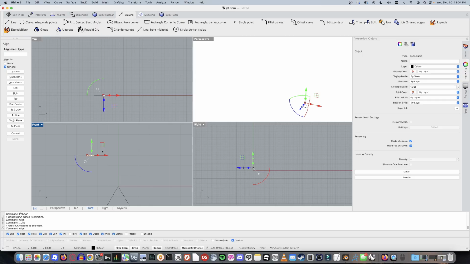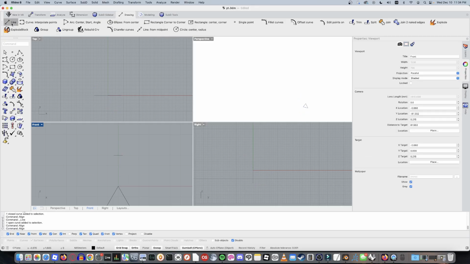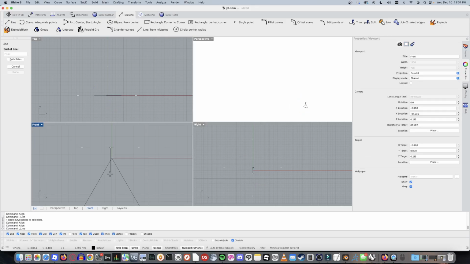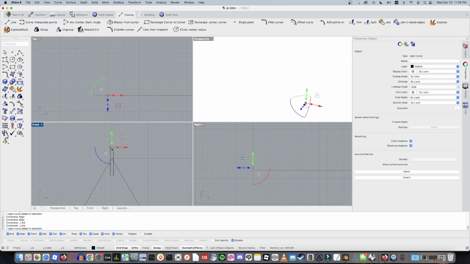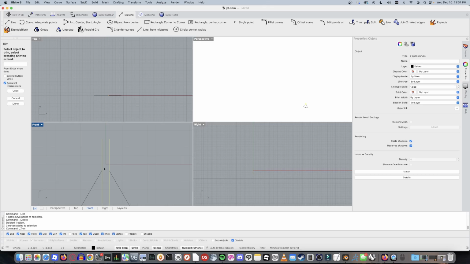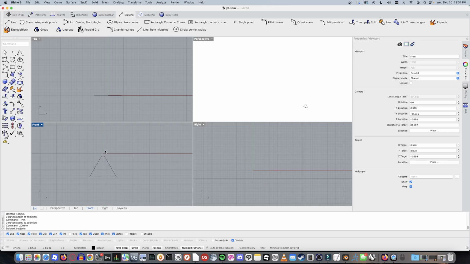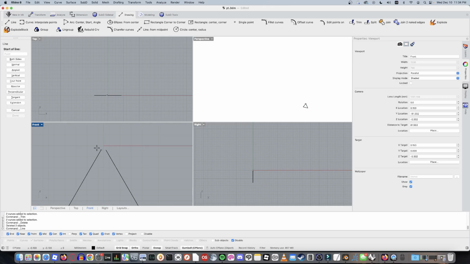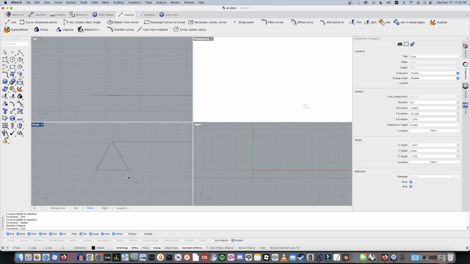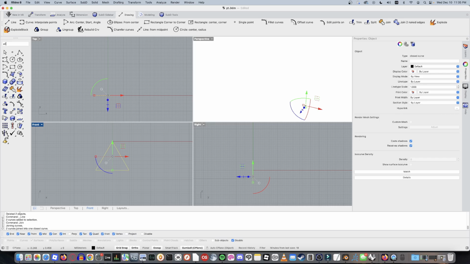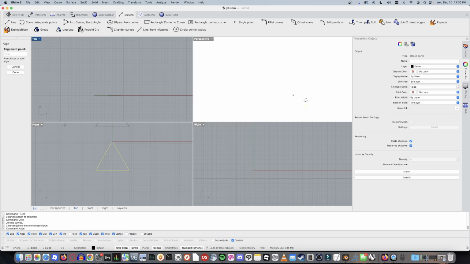Then you're going to want to align it to the middle, and using the endpoints you're going to go straight down. Okay, and then you can delete it. And then you can use these two as cutting objects and trim the tip of the triangle. Use lines to connect it back, and then you can join it, align it back to the top,